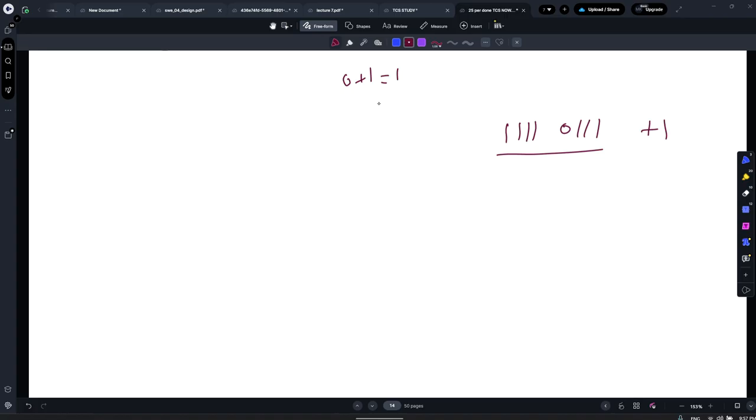And look at how actual binary works. 0 plus 1 equals 1, 1 plus 0 equals 1, 1 plus 1 equals 10, and 0 plus 0 is of course 0. So this is basic binary operations. Now once we know this, we can make an S0 state, and we can say that